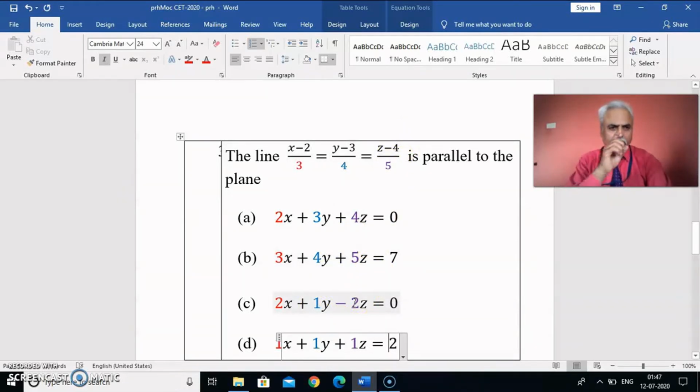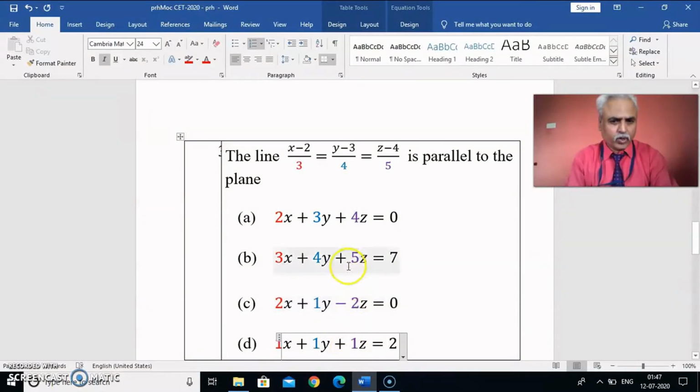But in this question, once again I am telling, look to the answer immediately, because all of these are positive. Except C, all the remaining coefficients are positive, here positive, here positive, here positive. That time you can directly tick this answer. Please note this point. It may take only 2 seconds if it is in this exact pattern.